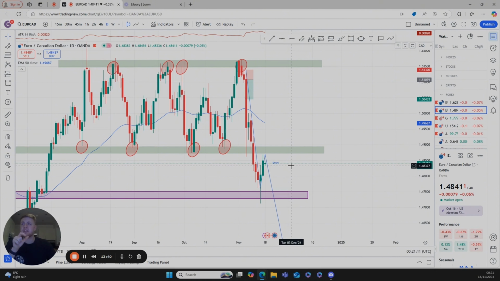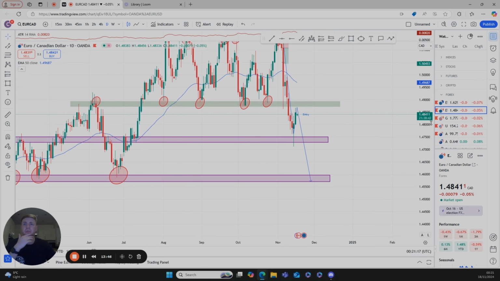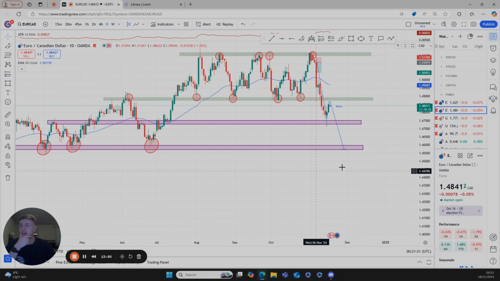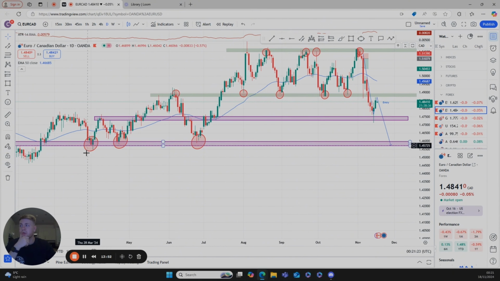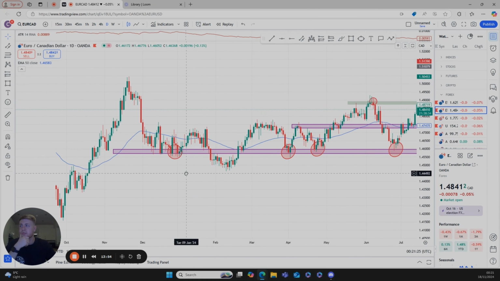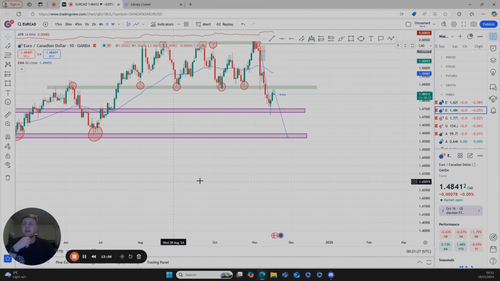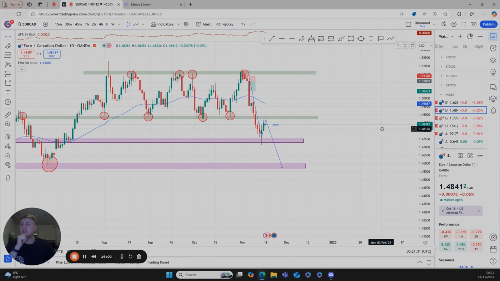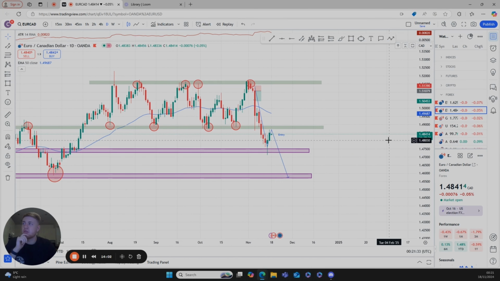So yeah, hopefully this plays out tomorrow or Tuesday, and then I'm hoping it'll have a good push down to this area of support here, which has had several touches previously as well. So yeah, that's a very, very strong contender for this upcoming week, which is the Euro CAD.